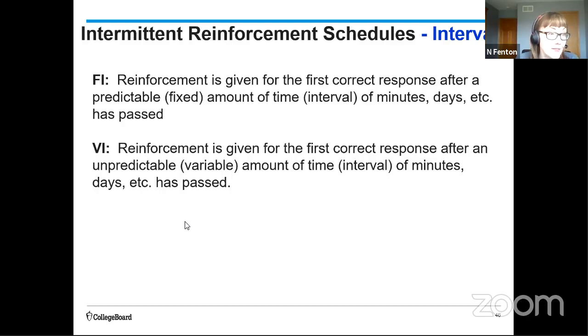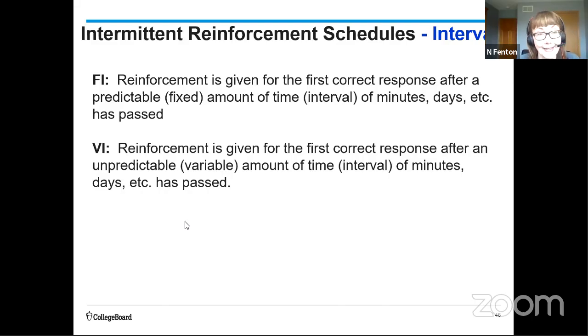And then after that test or quiz on Thursday, studying behavior is going to kind of go away for a while. Well, the same thing kind of happens with a mouse. So if you set a mouse on a fixed interval schedule where every 10 minutes pressing the lever will result in food, but anytime during the interval between, pressing the lever has no effect, what the mouse will do is just kind of hang out.